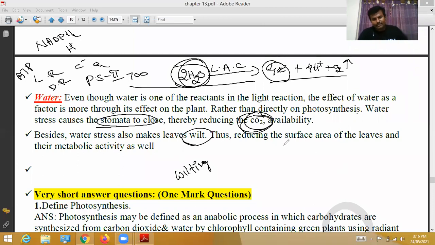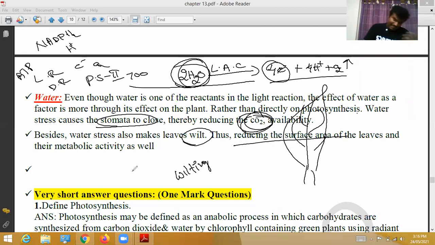When wilting is faced, when water is not sufficiently available to a particular plant, then automatically the leaf surface area also gradually decreases. If the surface area is reduced, metabolic activities, catabolism, anabolism, all kinds of metabolic activities are